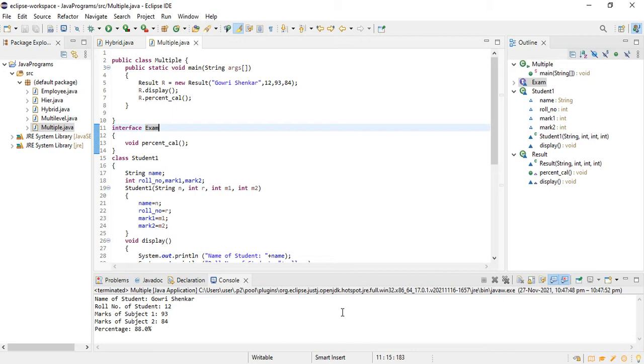The reason multiple inheritance is not implemented directly in an object-oriented environment is that whenever the child class acquires the properties of two parent classes, some common properties from the two parents get into conflict in the child class. At that time, the compiler gets confused about which class this common property is taken from. Because of that ambiguity, multiple inheritance is not directly implemented in object-oriented environments.